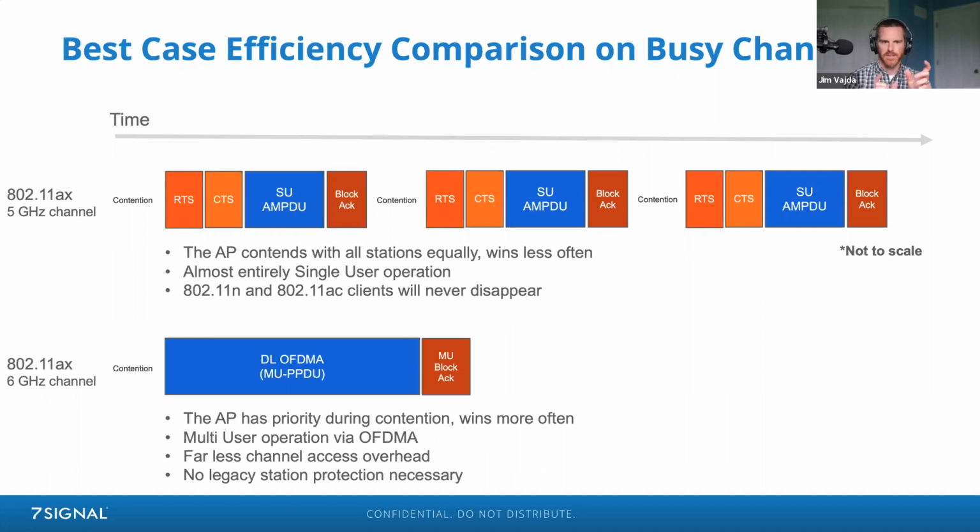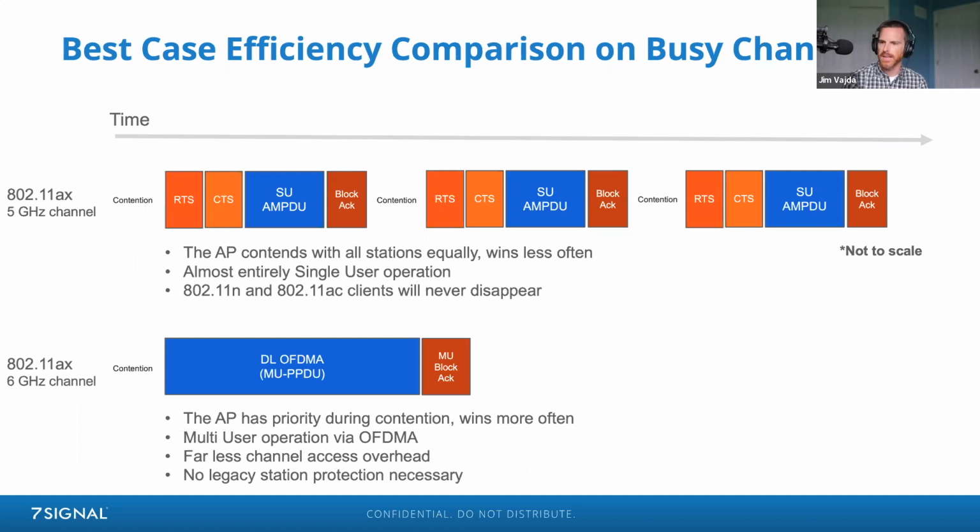This isn't perfectly aligned to scale in terms of time, but it's just